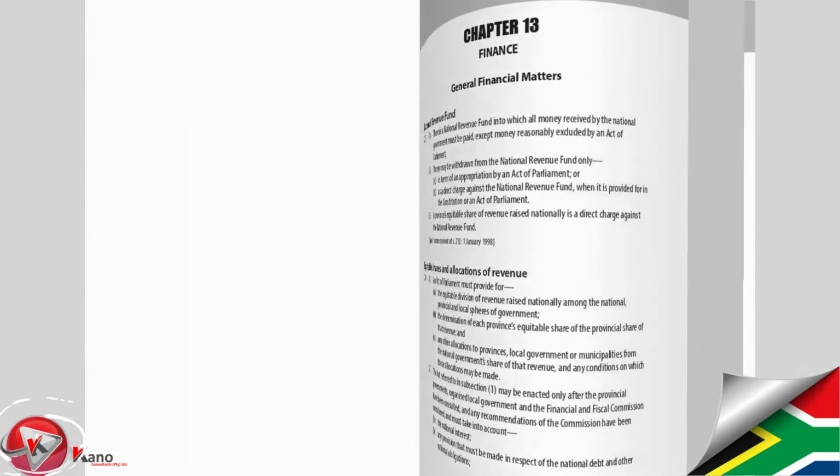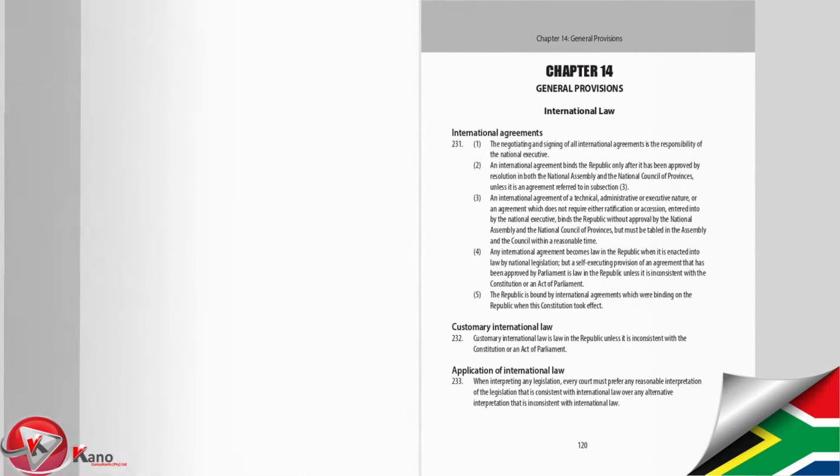Chapter 14, which is the final chapter of the Constitution, deals with transitional and incidental provisions. This chapter contains the general provisions on various matters of the Constitution, such as the Constitution's commencement dates. The chapter also contains specific provisions about international agreements and customary international law, and how each of these apply in